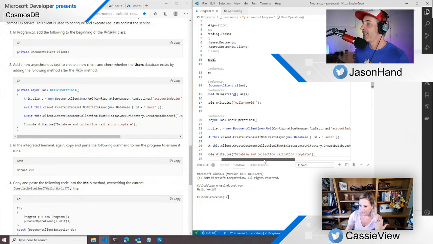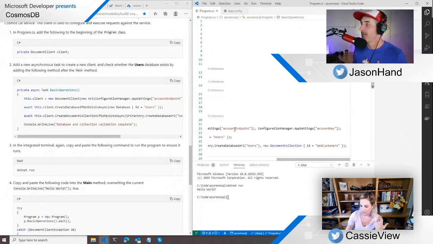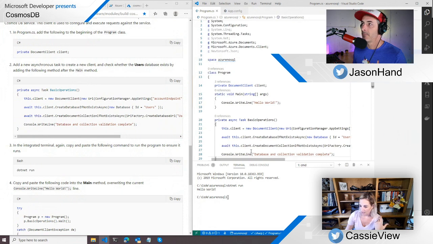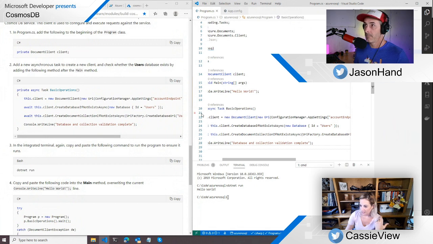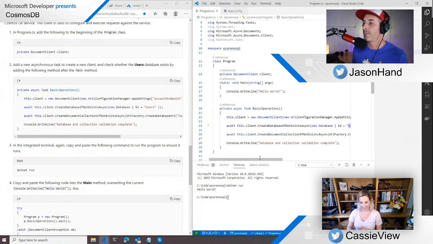So if you take a look, you can see that we're grabbing our connection information from the app config that we just entered and setting that to our client. And then we're instantiating our document client with our properties. We're going to create a new database called users. So that's the other thing, you don't have to go in and create the database. You literally can just do it through the SDK, which was another thing that seemed weird to me, because if you come from a relational database background, it just seems a little weird. It totally does.